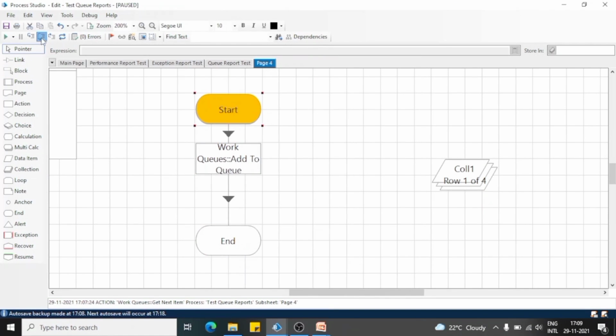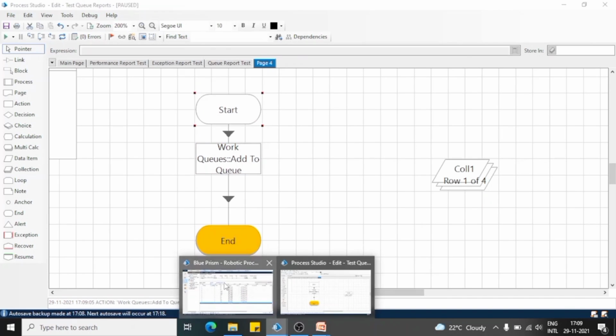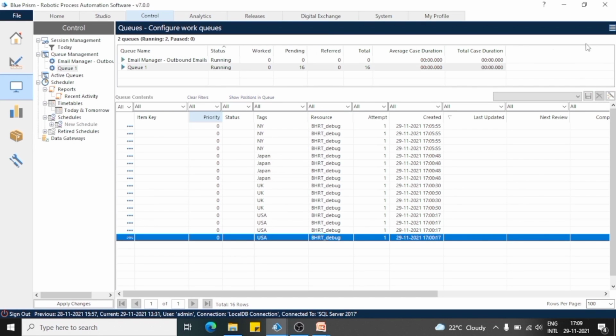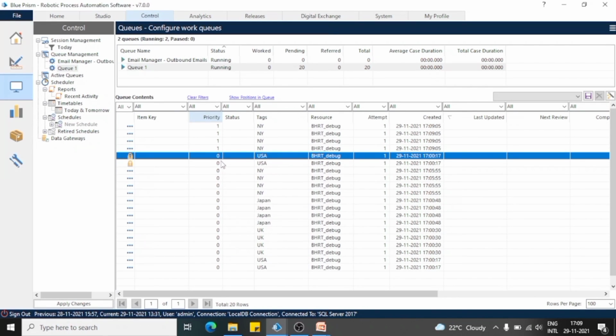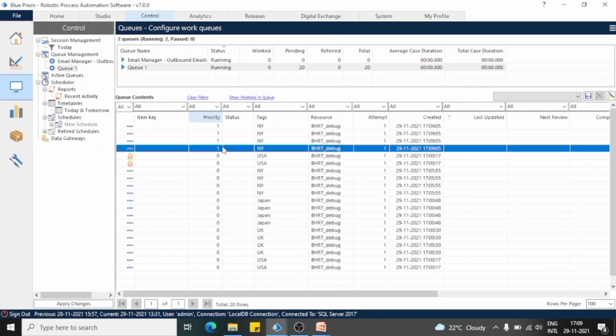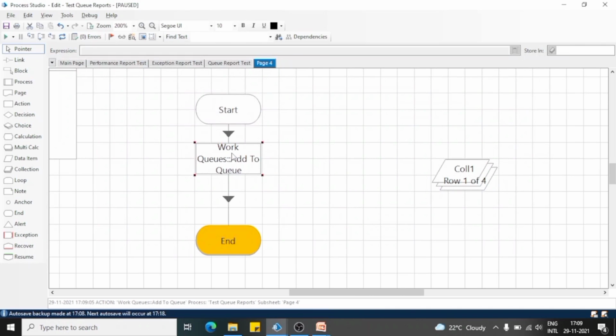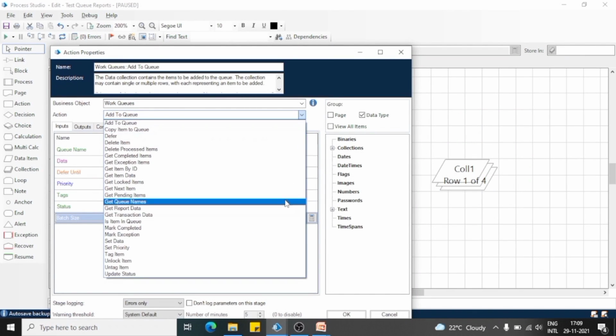Let's execute this process and see the result in the queue. We can see four more items have been added into the queue and have priority 1. Now Blue Prism will pick the cases with priority 0 and then pick the cases with priority 1.